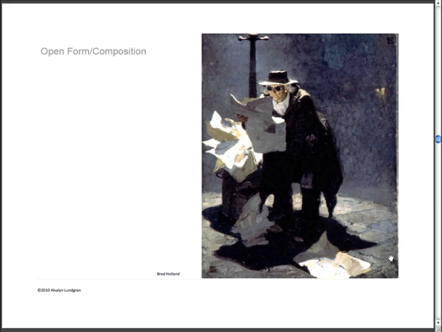Open form or open composition is another means by which we create the illusion of volume, and that is basically the idea that the image or what is being depicted bleeds off the picture plane. So we don't see the lamppost, but we see the effects of the lamppost. And we see the sidewalk, and we understand it continues beyond the picture plane. And the newspaper here, its corner actually is outside the picture plane. So everything in this image extends to the edges, to the frame of reference, and in our understanding continues beyond it,